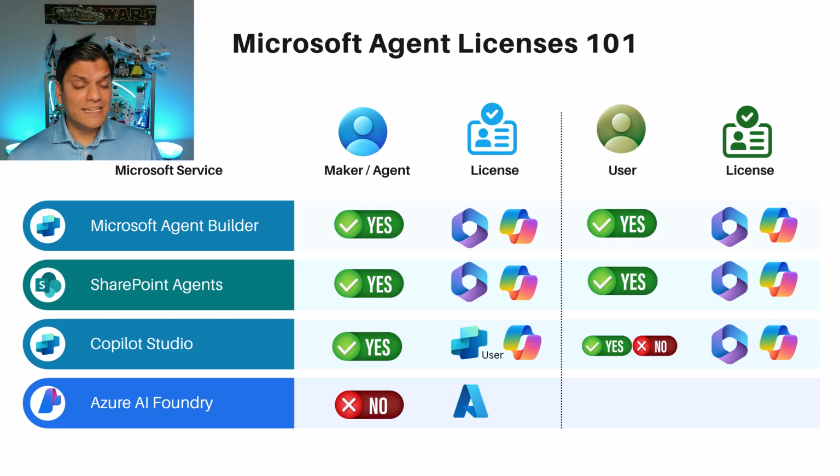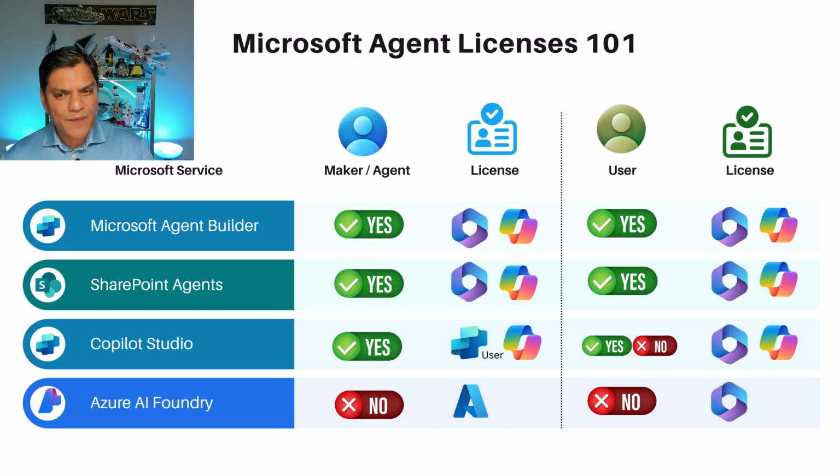And finally, for the Azure AI Foundry, it's actually a lot easier. The maker doesn't need a user level license. However, the agent does, and it's all based on the Azure subscription model. Therefore, I went and put my Azure icon over here. That is how the licensing works for Azure AI Foundry. It's all based on the subscription model. So if your wheels are turning, you guessed it, for the end users, there is absolutely no specific license required. Why? There is absolutely no specific license the end users need to use the agent built on Azure AI Foundry